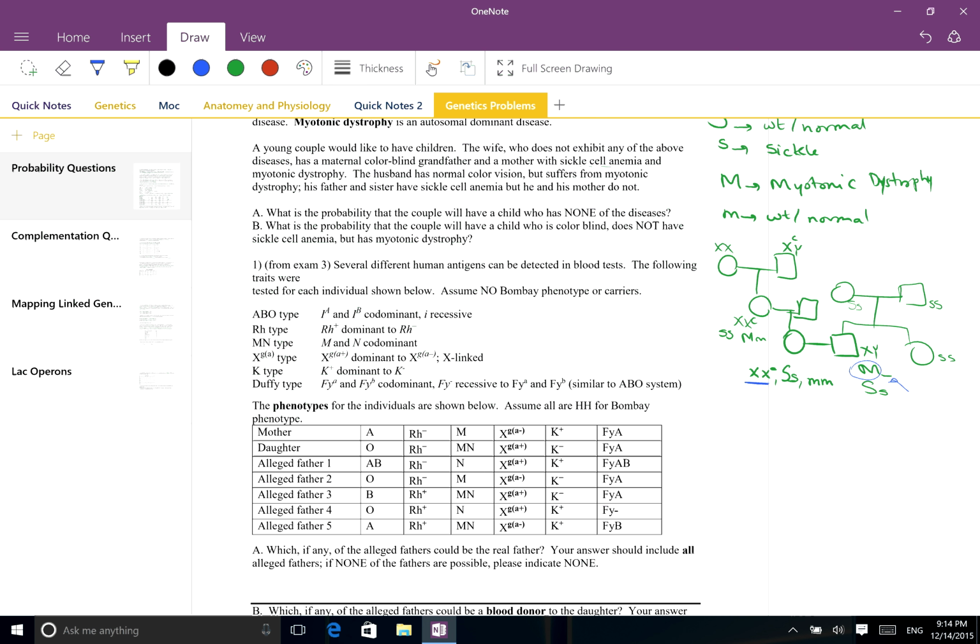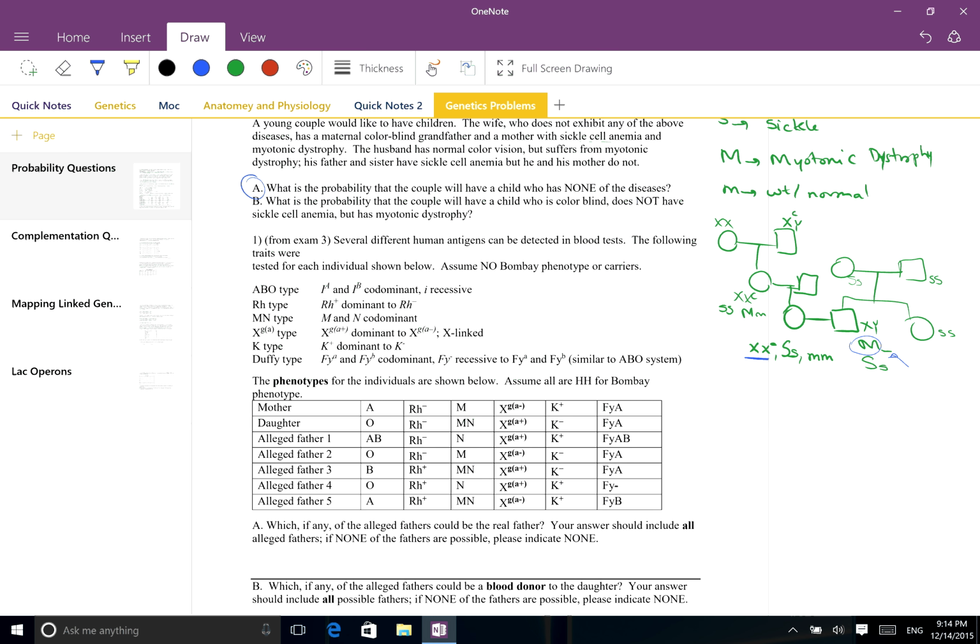Okay, so let's tackle part A. Part A: What is the probability that the couple will have a child who has none of the diseases? Okay, so let's do colorblind for both. Let's say whether the child does not have color blindness trait or sickle cell or myotonic dystrophy. Okay, so